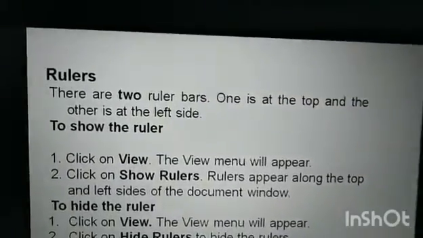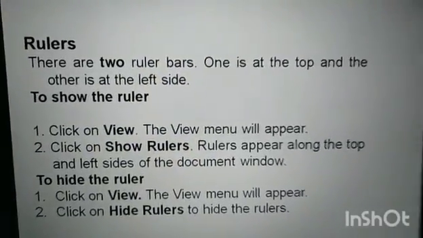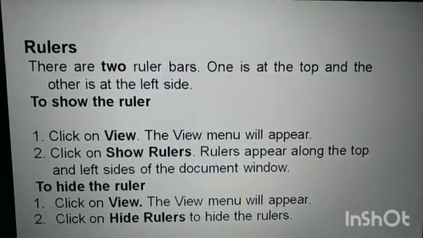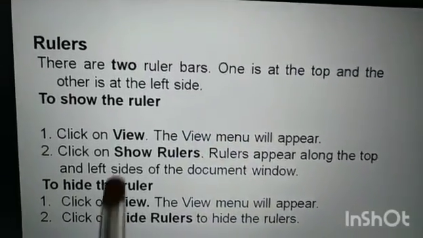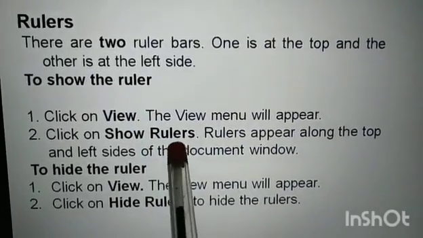And next one, ruler. There are two rulers in PageMaker, one at the top and another one on the left side. If you want to show the ruler, just select the View menu and select the Show Ruler command.